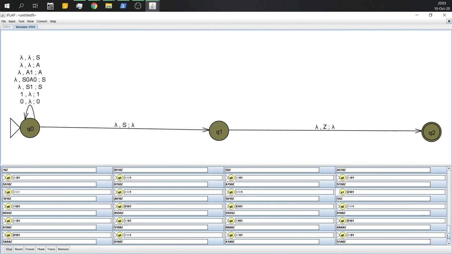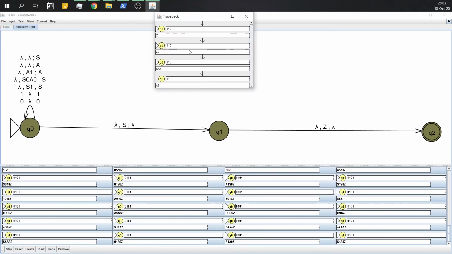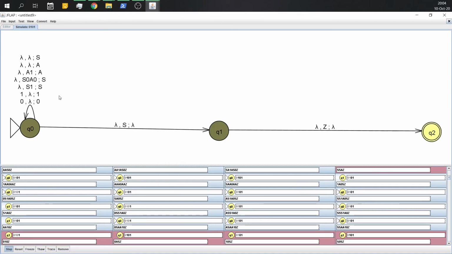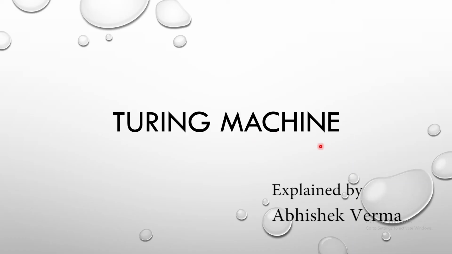Now the stack is generated, click on trace. So this was the demonstration of checking a grammar as context free or not, and then converting it into PDA. Thank you.